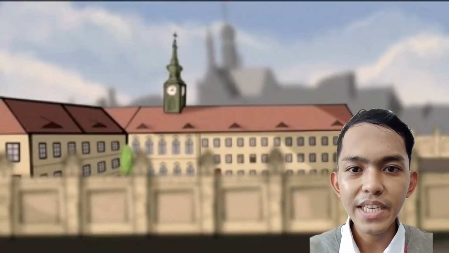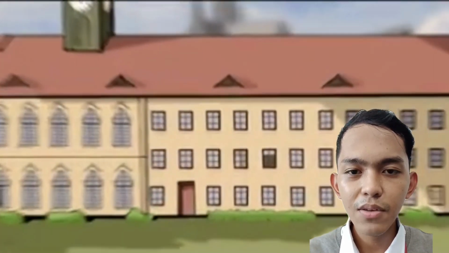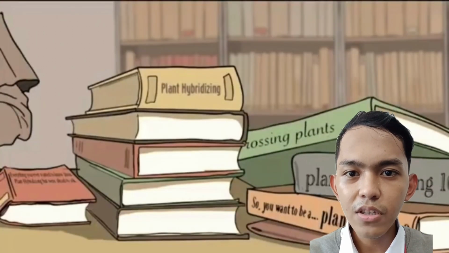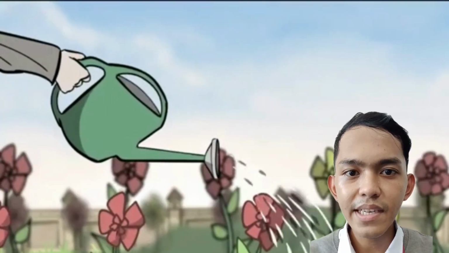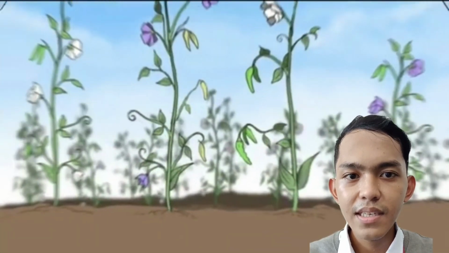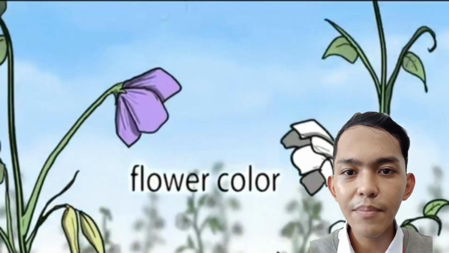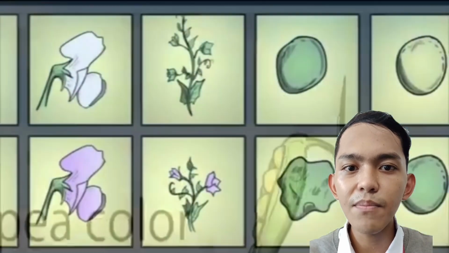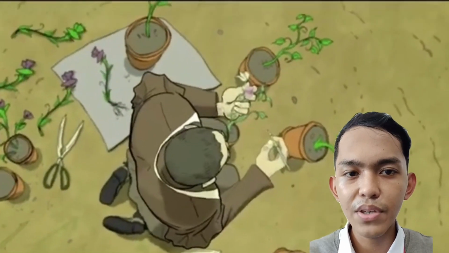So next, let's proceed with the 7 different pea plant traits. Mendel worked with 7 distinct characteristics of pea plants, which are plant height, pod shape and color, seed shape and color, and flower position and color. He carefully sorted out the progeny derived from the parent plants on these characteristics and counted the number that inherited each character. As a result of these studies, he discovered that these inheritable traits were passed on by the parents and were distributed among the resulting offspring in definitive mathematical ratios, which established specific laws of inheritance for the first time.